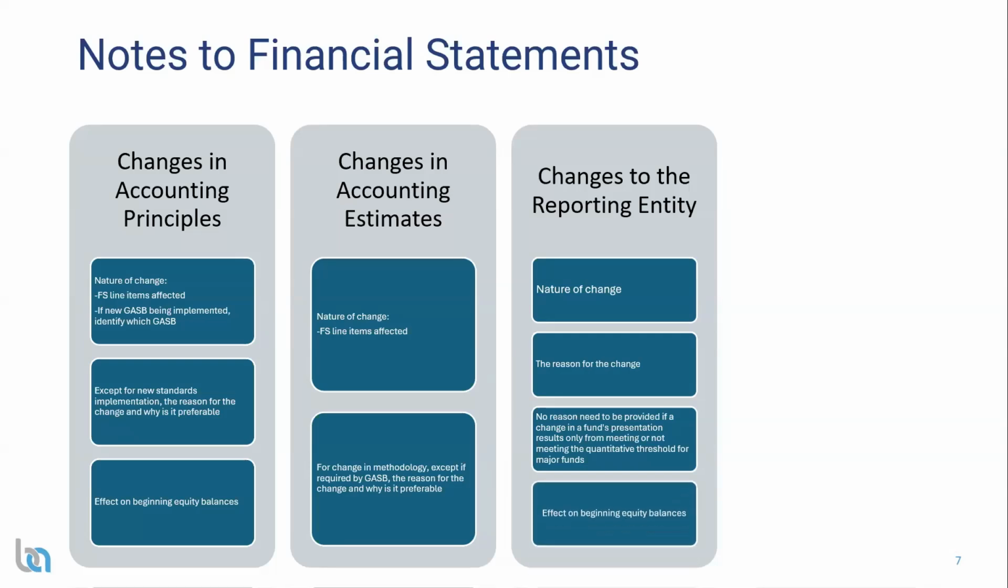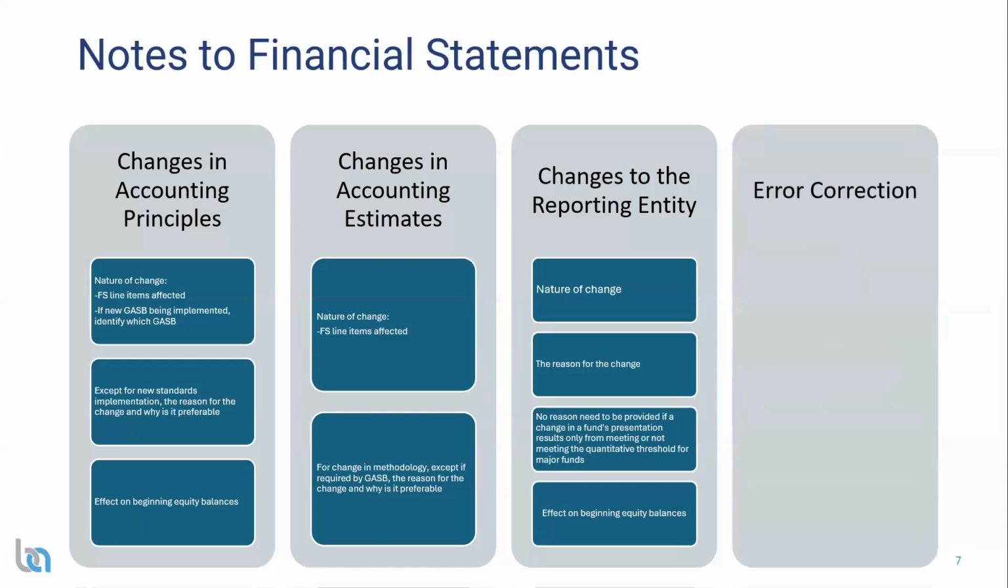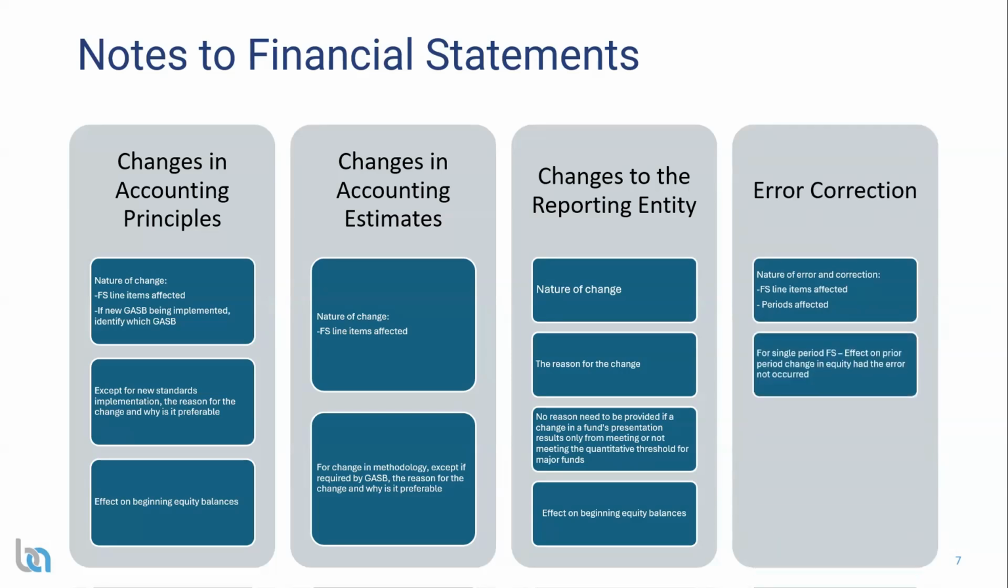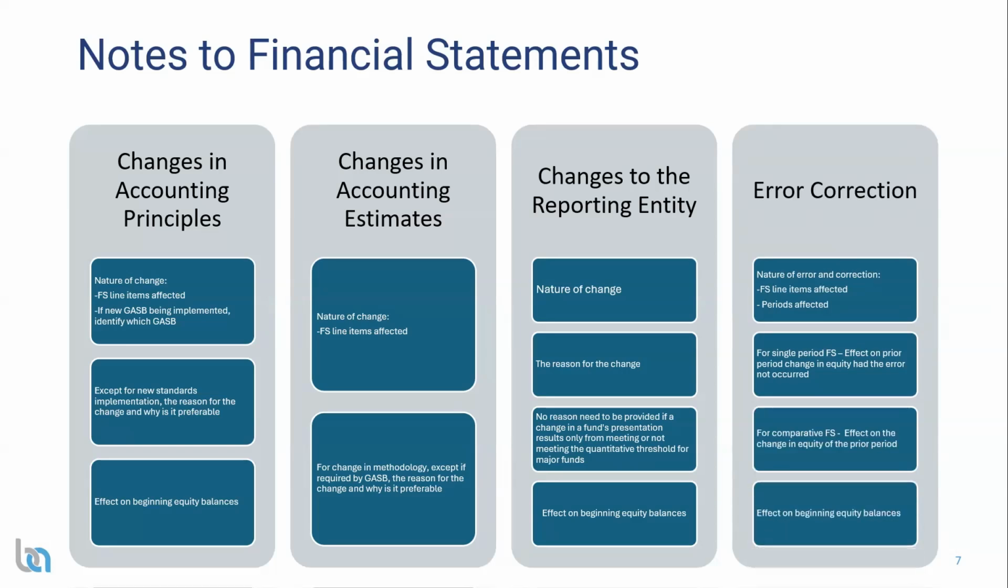And then effect on beginning equity balances. Finally, the error corrections. The nature of the error and correction, financial statement line items impacted, the periods affected. For single period financials, effect on prior period change in equity had the error not occurred. And for comparative financials, effect on the change in equity of the prior period, and also effect on the beginning